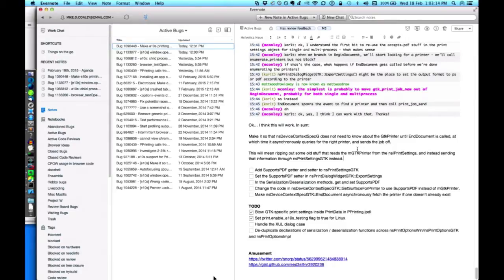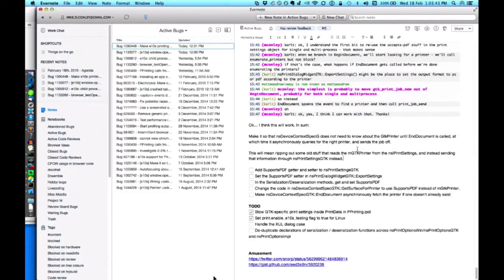So what we need to do is send enough information down to the content process that it can reconstruct the printer. It can get a sense of what printer it needs to print to in the child process in a way that makes sense for that child process. The way we did it on Windows anyways, was that we sent down the name of the printer, and then the content process queries the operating system for a printer with that name. It gets a handle back, and then we print to it.